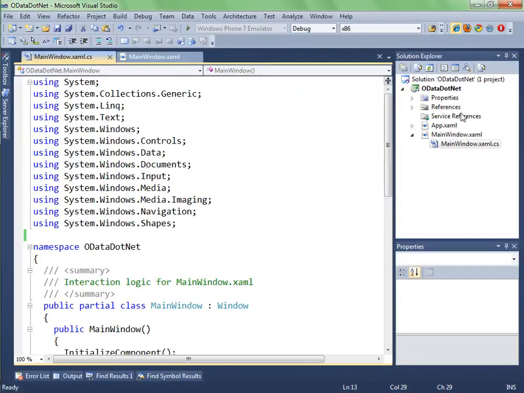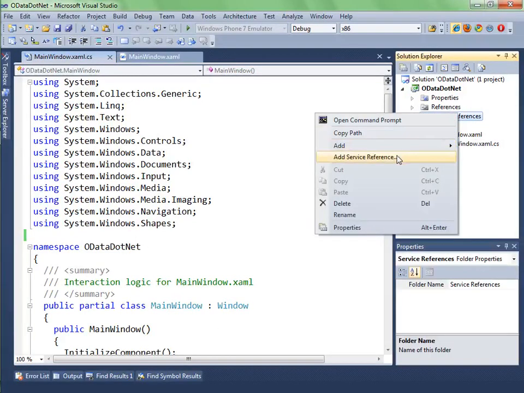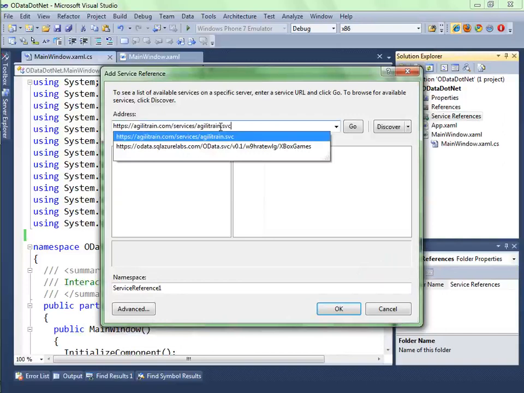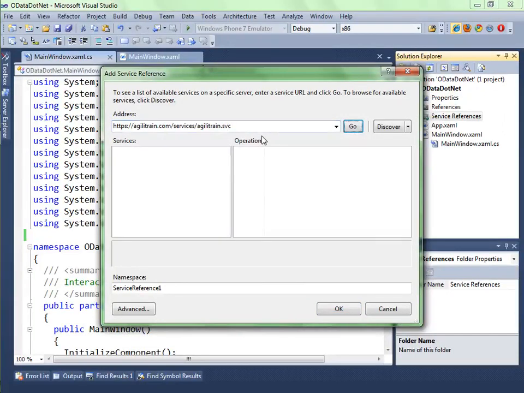Like many other ways of working with services, OData or WCF data services work directly against service references. Now I'm using a publicly available service reference or OData feed that AgiliTrain exposes to show its workshops. So I can simply use add service reference, and if I was using my own service, I could say discover in the same project and do what you would. Because it's a public service, I'm just going to go ahead and point it at our service,